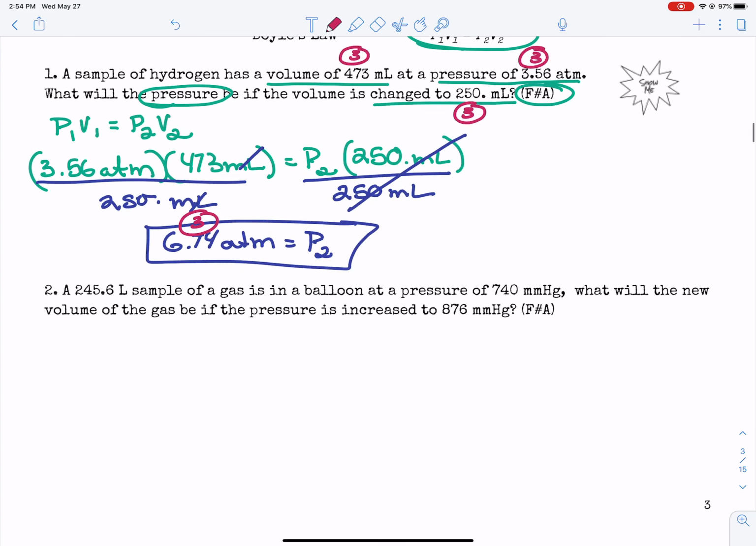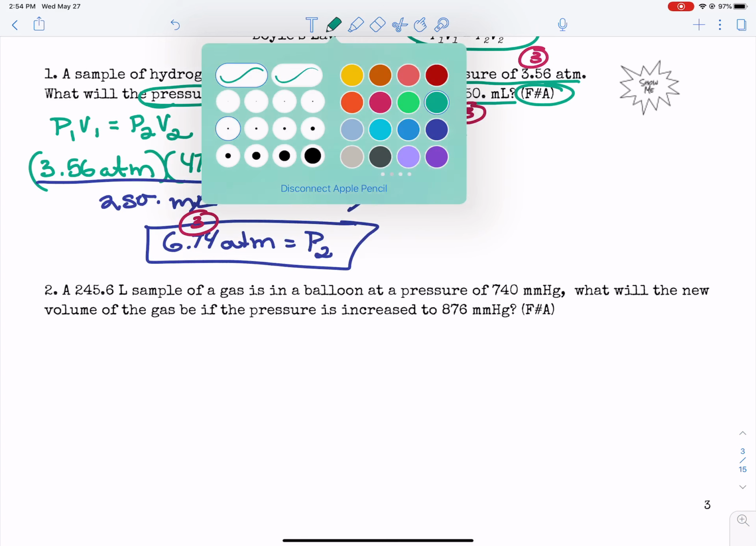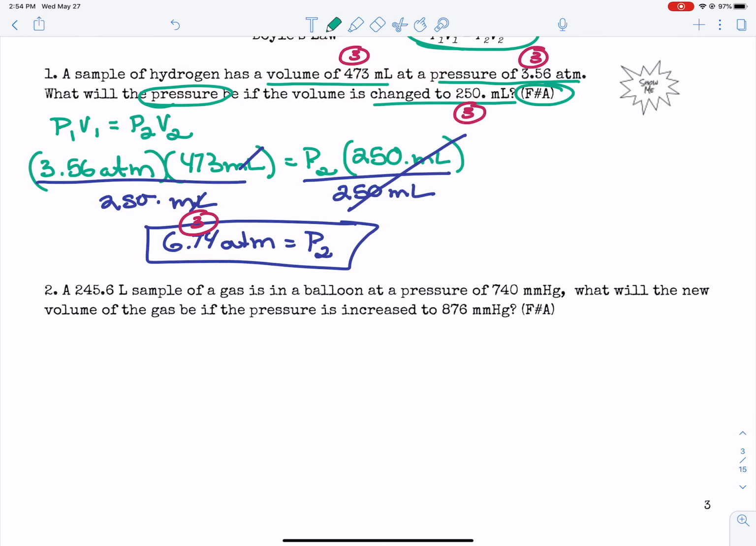Okay, question 2 is very similar. So if we were in class, this is the one that I would say for you guys to try on your own. So maybe pause the video, try this one on your own, and then press play again after you have your answer to see how you did. Okay,